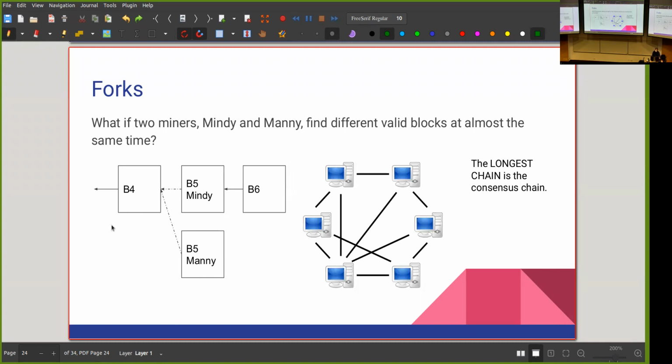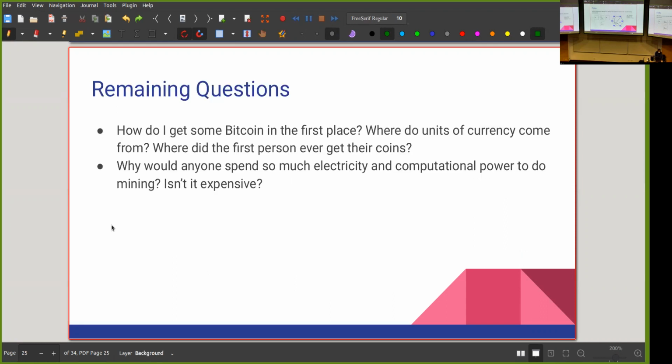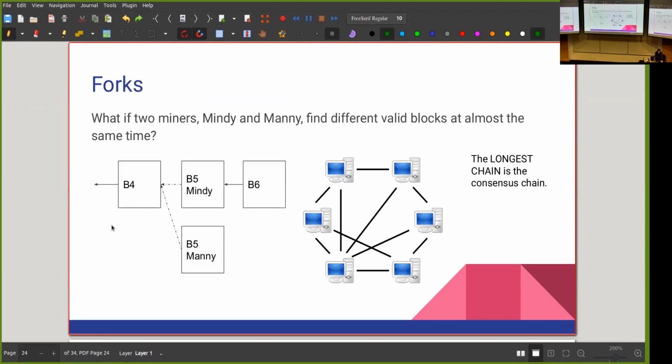But we paid a very high price for this consensus, and the price is we have to do mining, we have to do proof of work, we have to solve that really hard computational puzzle, and we're spending a lot of money and a lot of electricity on this. And there are some studies that even say that this is affecting global warming. Okay, so yeah, this is all I wanted to tell you about the whole system and how Bitcoin works.